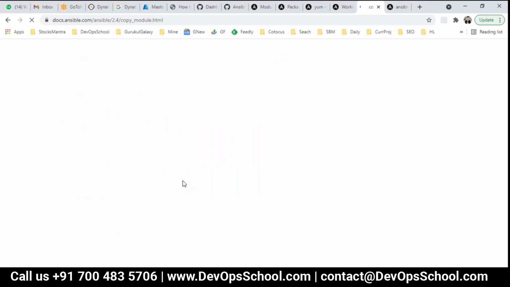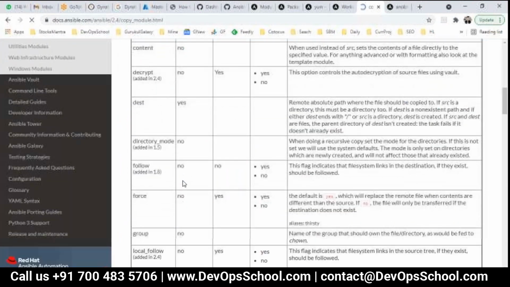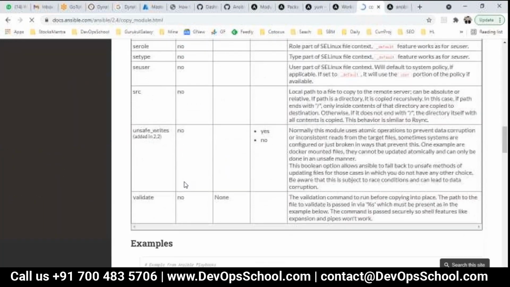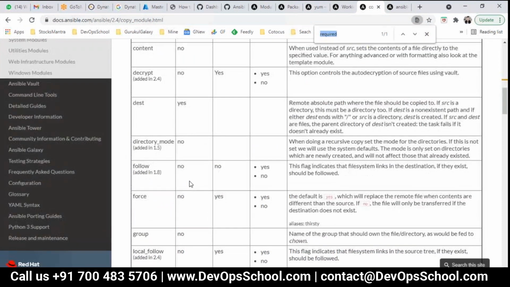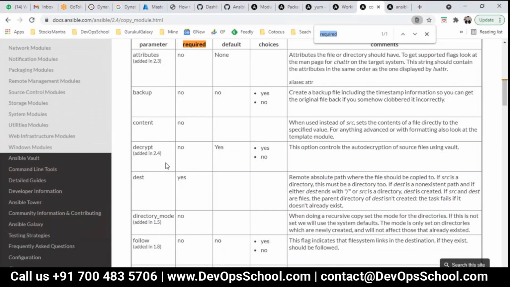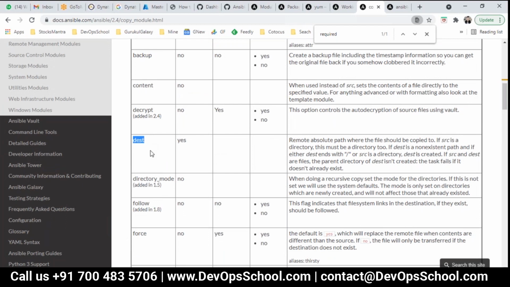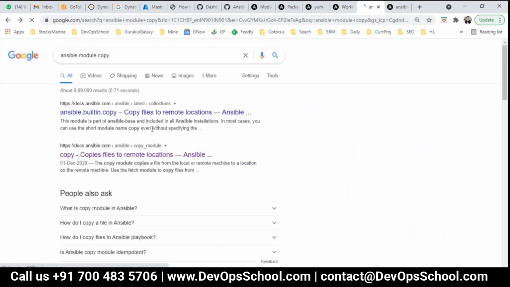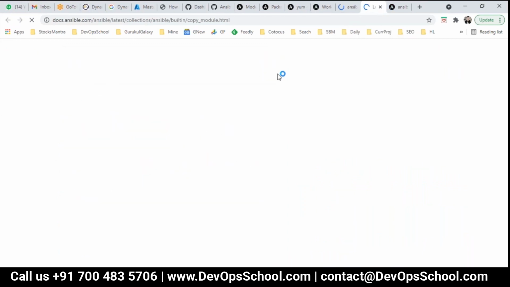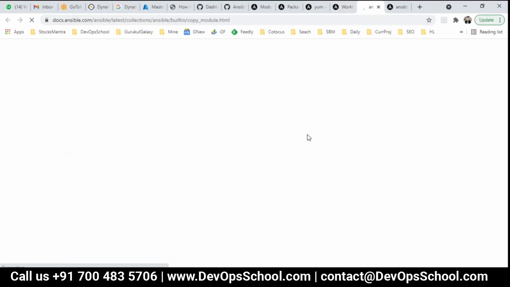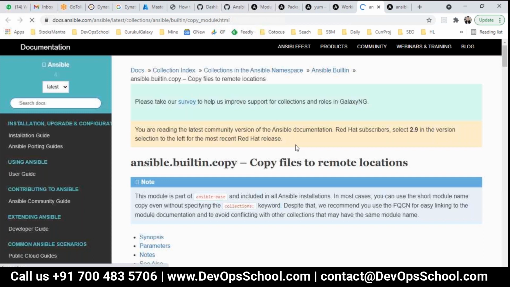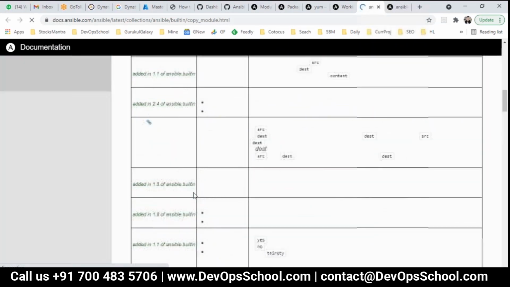And here, if you look at this, which is required, so I'm reading this. There's none required actually. So what I have to do is select the source and destination. Okay, this is the older one, by the way, 2.4. 2.9 will have better documents. Don't use the older documents. In the URL itself, it will be written whether it's a new one or old one. So go for the new one. This is the one.